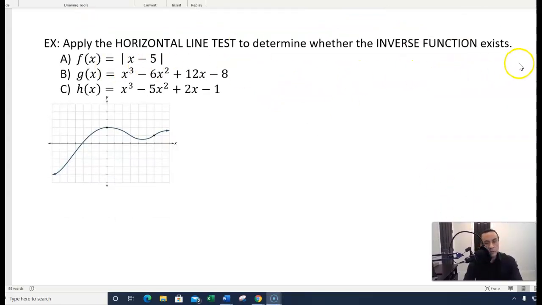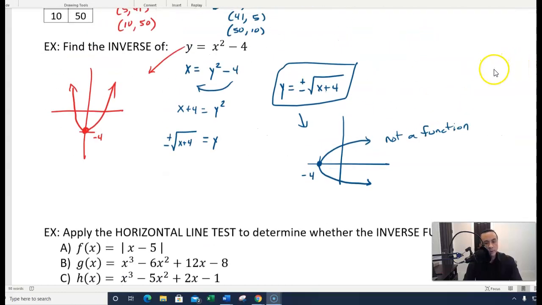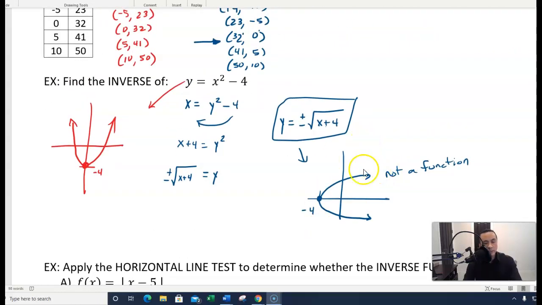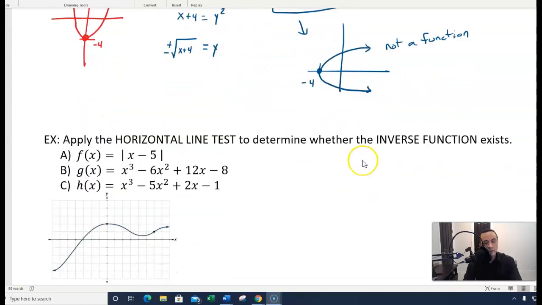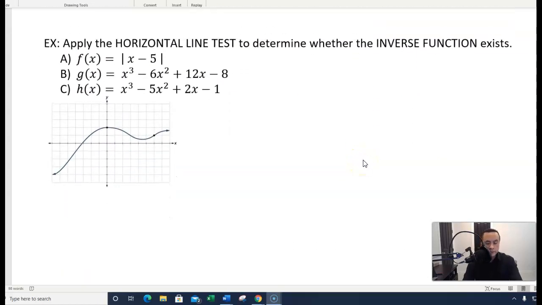Apply the horizontal line test. Remember that on the previous picture right here, this is not a function because it violates the vertical line test. The blue one right here violates the vertical line test. Well, if you know that everything gets flip-flopped when you're trying to find an inverse, like right here, if we